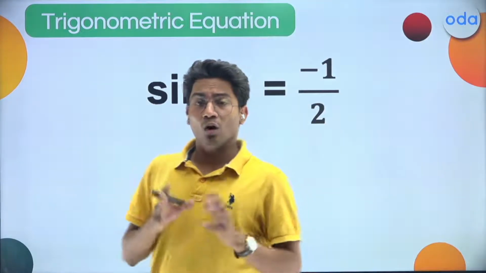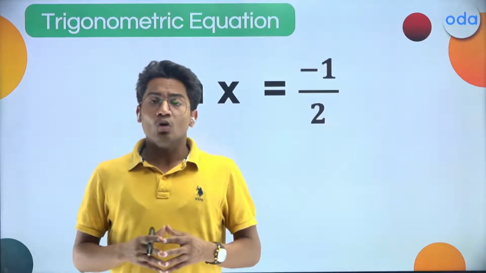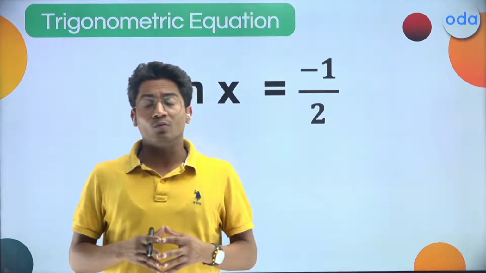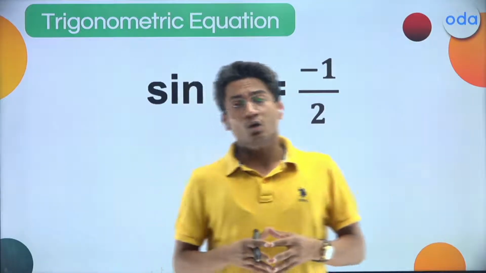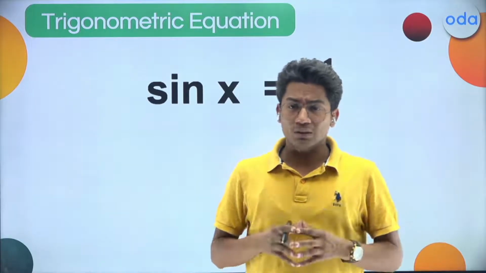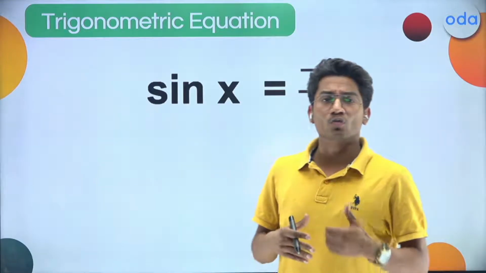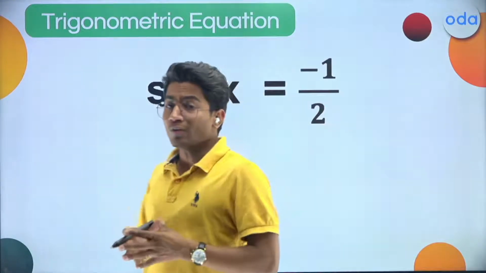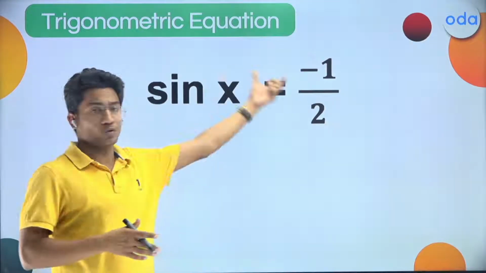So we have done all those things, but right now we are in senior classes, we are in 11th, right? So now we have entered the world of functions where we have trigonometry, right? So in the world of trigonometric functions, sometimes we may have a trigonometric function equal to a constant value, right? So if we have a trigonometric function like sine x equals minus 1 by 2,